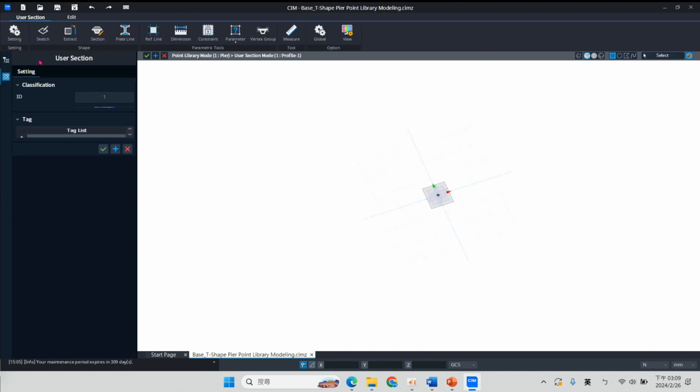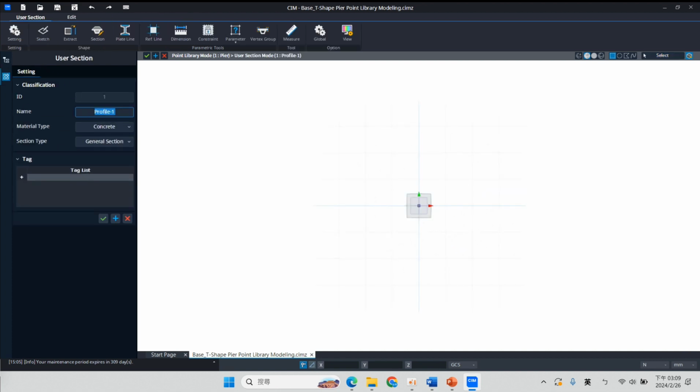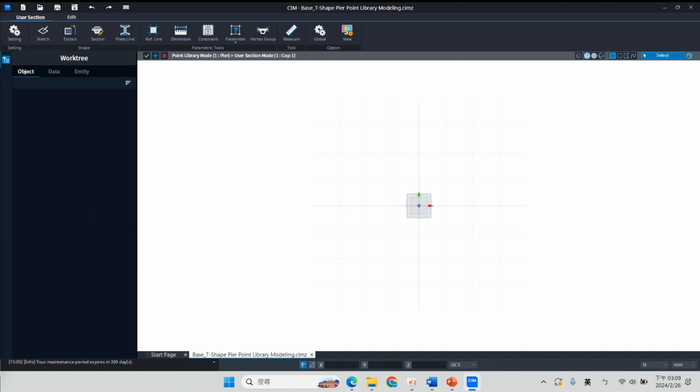We can click create, and we can name our first user section COP1. So it will be coping 1. Okay, and the material type will be concrete, and section type will be general section. Okay, so after that, assuming that we have